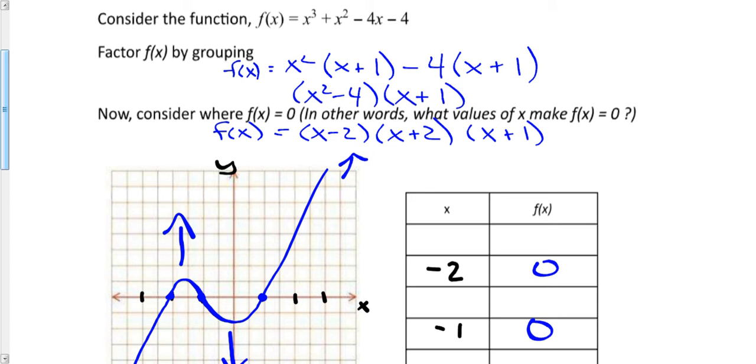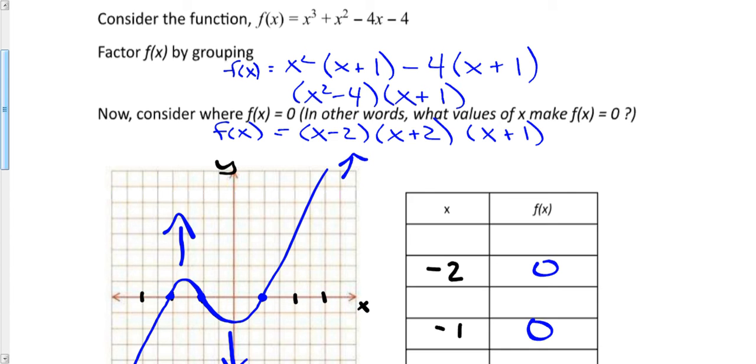Okay? Fancy term for leading coefficient test. Okay? These guys, I don't care. I've been able to reason on my own what this graph looks like. Okay? Now, what if this was,